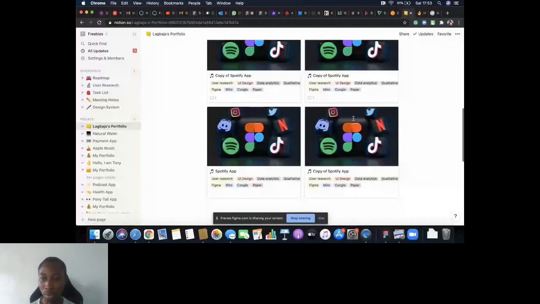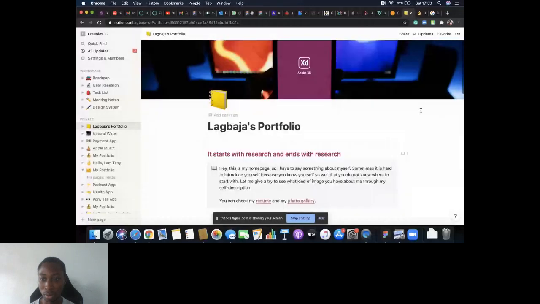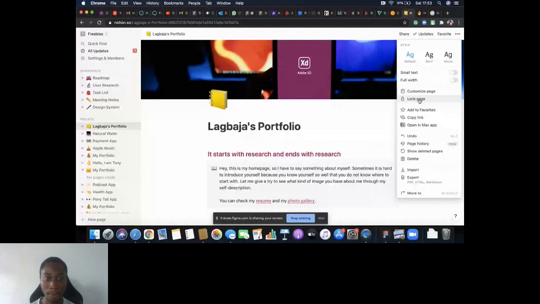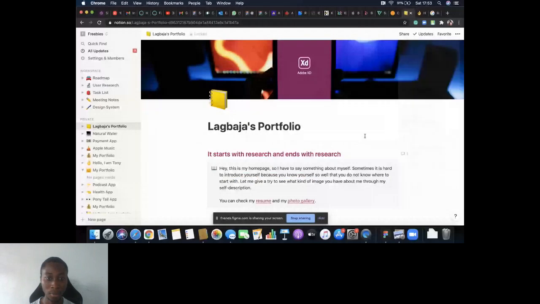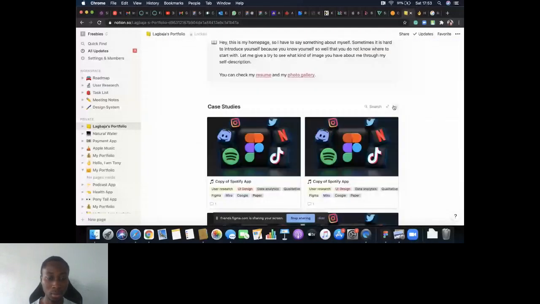Okay, so remember to lock your page. It's very necessary. It's like you're protecting it. So you click on lock and nobody can do anything. You come here as well, and database lock. To unlock this one, you just come to this part and unlock. So you can see lock, relock, lock, relock, just like that.